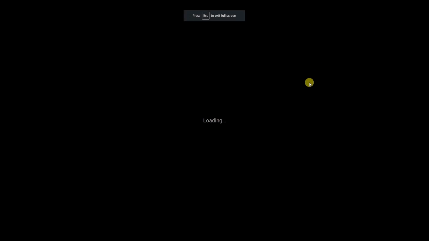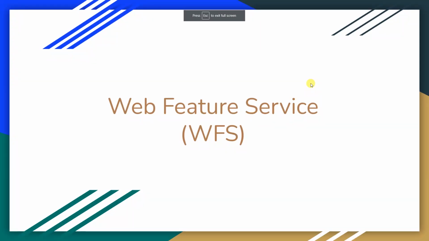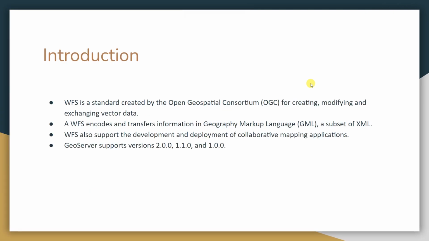So let's get started. So web feature services, let's introduce it. Web feature services is actually the standard created by OGC for creating, modifying and exchanging vector data. That means web feature means only the vector data. We cannot exchange the raster data, so it's all about the vector data. So we can get the data through server, and then we can edit, modify, or even we can visualize it